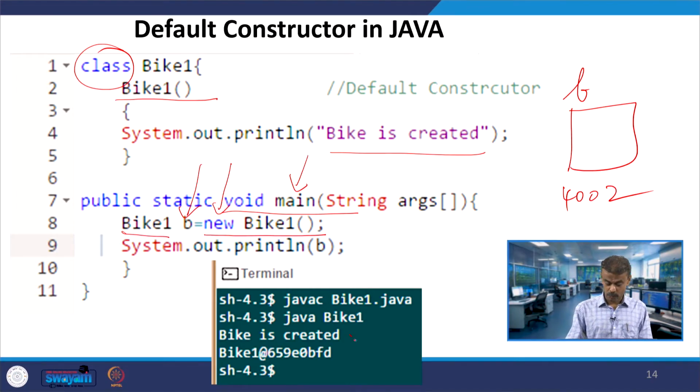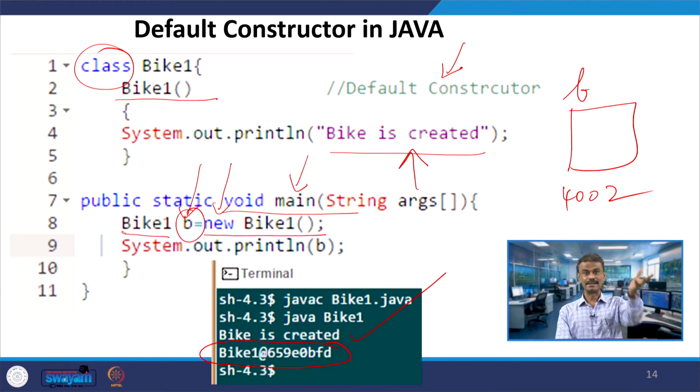You can see the output bike is created is printed. That means whenever you are creating an object, the default constructor will be invoked and bike is created will be printed, alright.